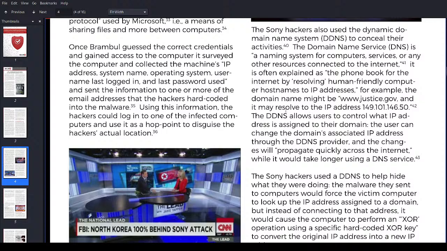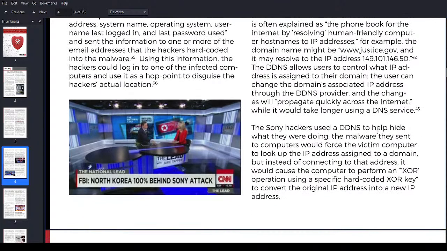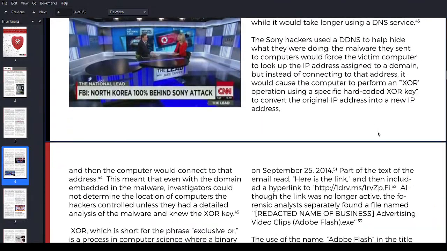So the DDNS allowed users to control what IP address is assigned to their domain. The user can change the domain's associated IP address at the DDNS provider, and changes will propagate quickly across the internet. While it will take longer using a DNS service, the Sony hackers used DDNS to help hide what they were doing.